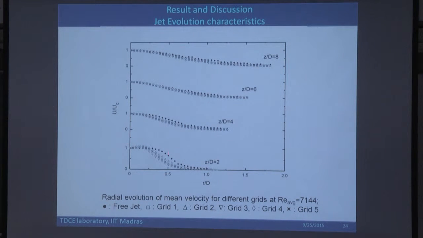You could see that you have more or less a top hat profile initially, and it is becoming more or less a Gaussian profile when it has evolved at Z by D. It appears to be a Gaussian profile, but there is something called self similarity, which is not yet achieved, and there is something called isotropy, that is, the velocity fluctuation components are invariant with respect to the rotational transformation. That's what they call isotropy.